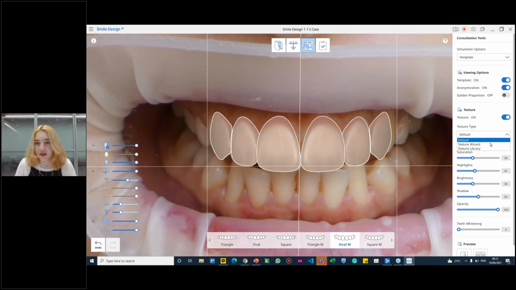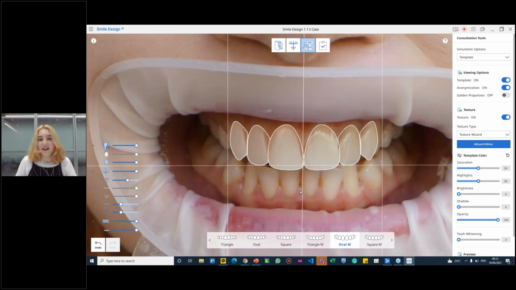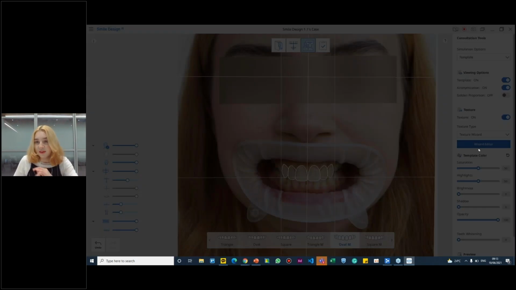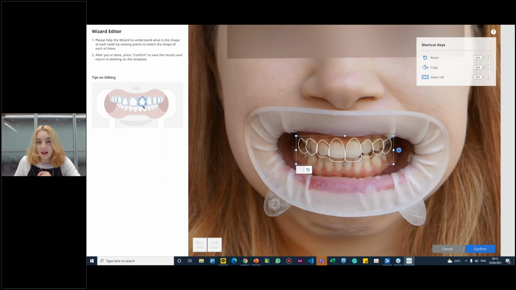One is called Texture Wizard, and what it does is that it takes the texture and the shade of the teeth in the image and it basically recreates it to create a template. So this is what it looks like, and I think it's really, really natural. For example, if it doesn't look the way you wanted it to be, you can always click this button, Wizard Editor, and you can adjust